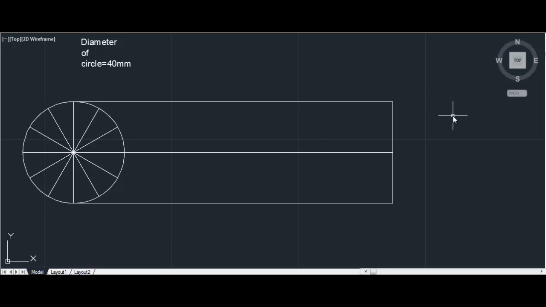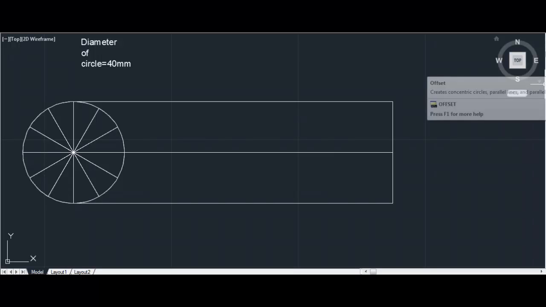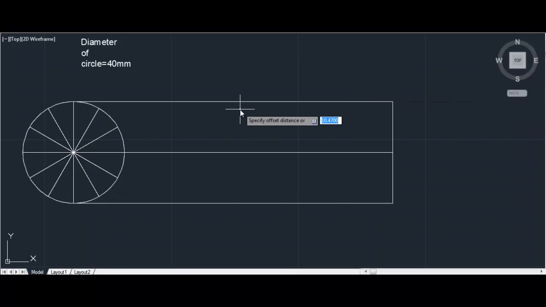So basically I will use the offset command. You'll get the offset command from the right side. We have to specify the distance now. The distance will be equal to pi d by 12, that is circumference divided by 12, so it comes out to be 10.47. So this is it guys, I specified the distance. Now I'll be choosing the objects that I want to offset. So one,